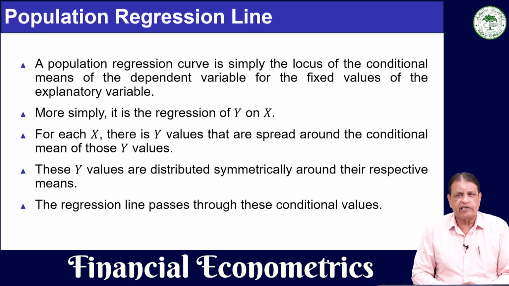So in the population regression function, what we do is find out the average value of the dependent variable that can be associated with the given values of the independent variable. The values of the independent variable are given, they are not going to change. We have to find which value of the dependent variable can be associated with the independent variable. And then we take the mean of the dependent variable which can be associated